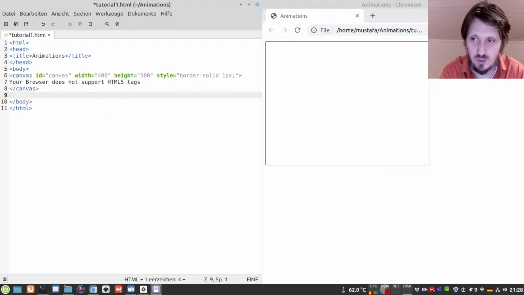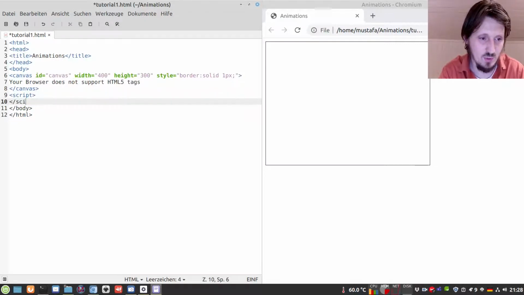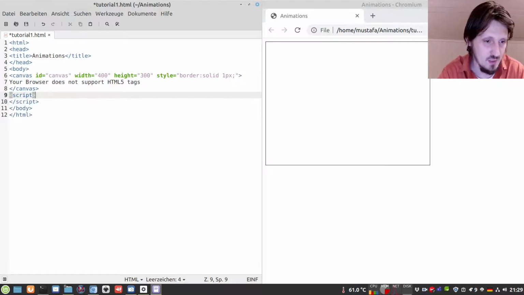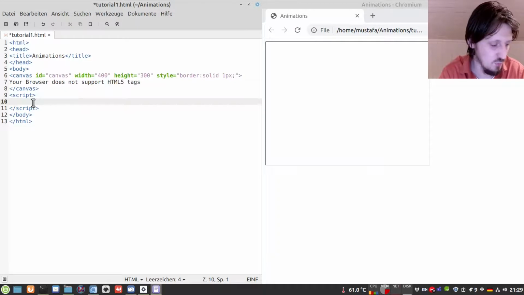Please also make sure before you run it that in your browser JavaScript is activated and that no kind of security issue is happening which blocks running JavaScript. Then you will not see anything. You can find this out by just following me in writing, and then at the end you should see something, I guess. So we have to put this script tag now here, and our JavaScript we have to put in between script and /script.